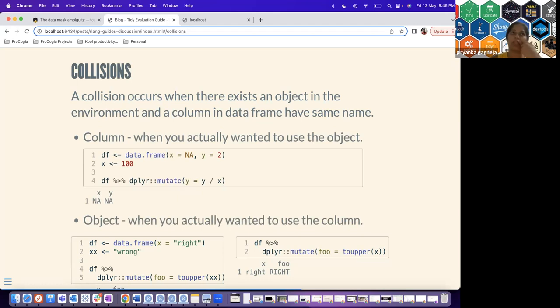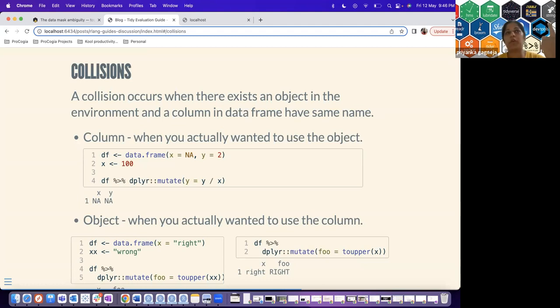A column collision is when you actually wanted to use the object, but R used your column name or your column values to do the calculation. For example, in this case, the previous one that we discussed. Or the object collision, when you actually wanted to use the column, but ended up using the environment variable object